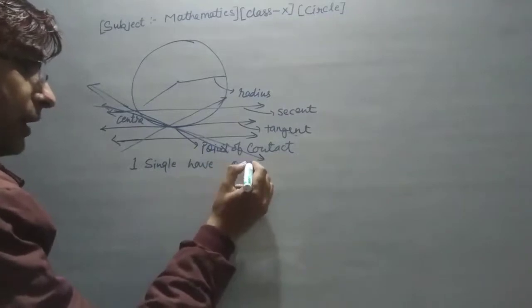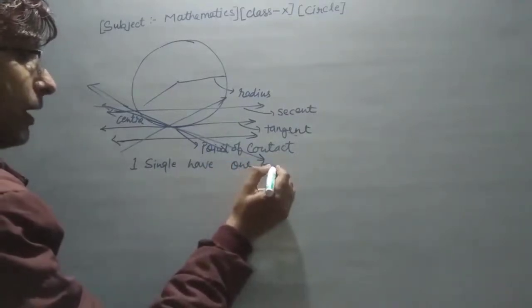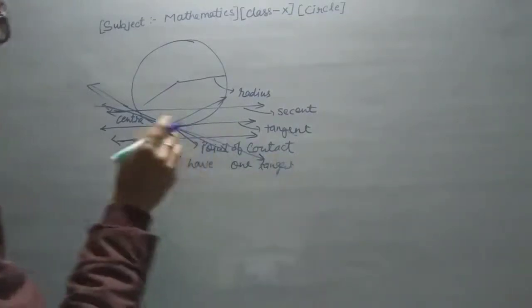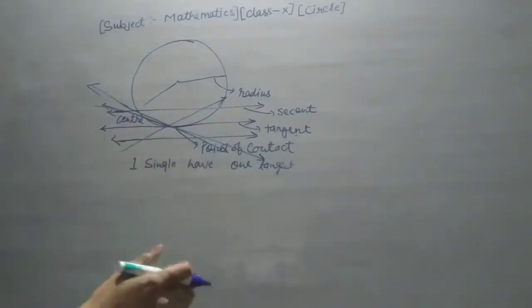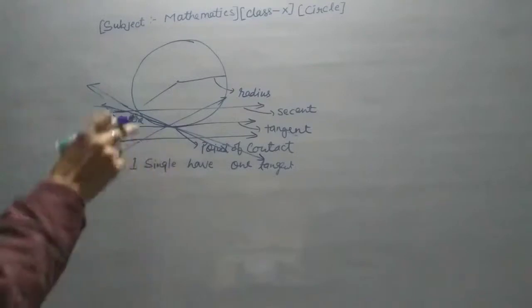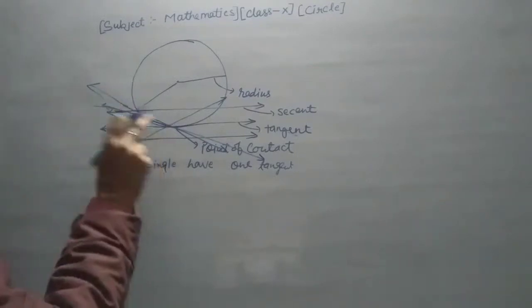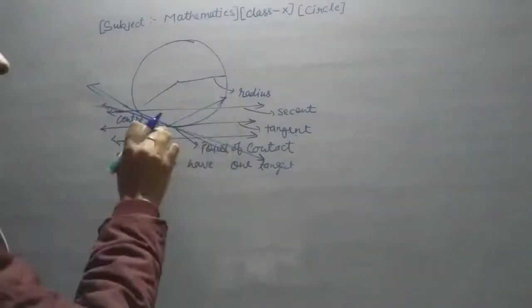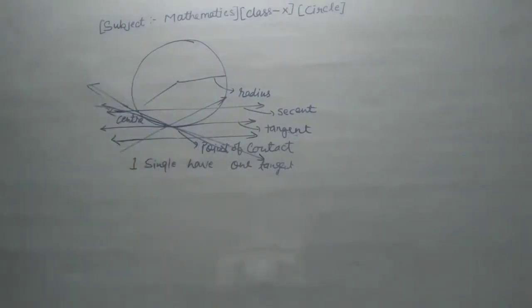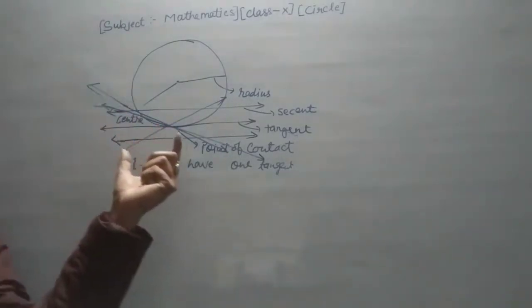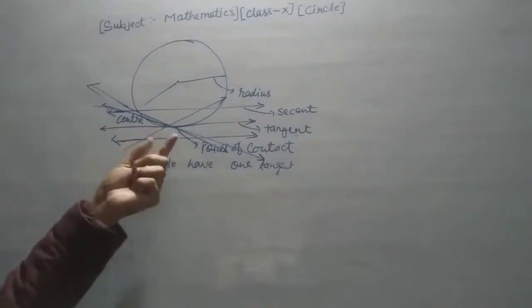A single point has one tangent only, okay, one tangent only, but through a single point multiple lines can pass. A single tangent is there, but so many lines you can draw with the help of a single point on that circle, okay. So these are known as secants, because